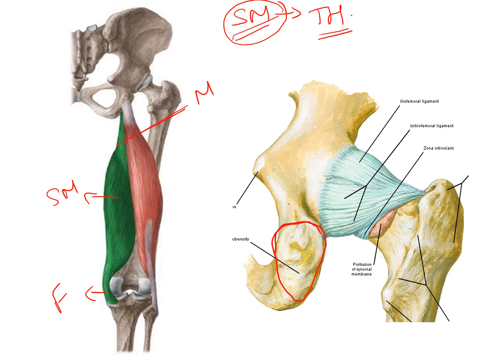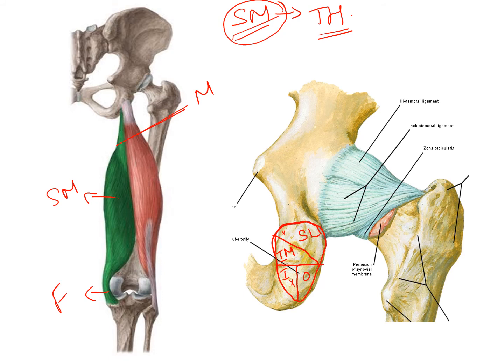Now let us see the origin in the ischial tuberosity. This is the ischial tuberosity of the hip bone. This ischial tuberosity is divided by a transverse line into an upper quadrilateral and a lower triangular area. Further, an oblique line will divide the upper quadrilateral area into a superolateral area and an inferomedial area. The triangular area is further divided by a vertical ridge into an inner part and an outer part. So this is about the ischial tuberosity.